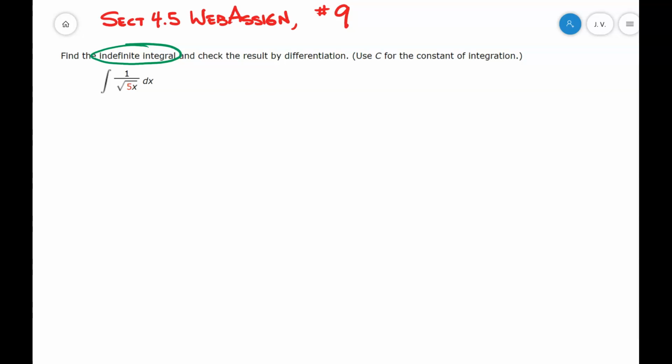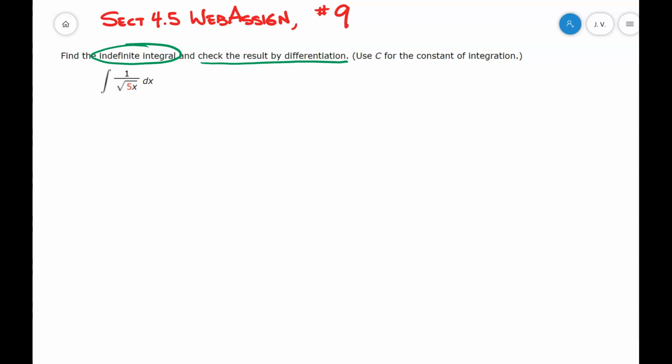My guess is that most of you are not going to do this because you're just going to enter the answer into WebAssign and see if you get the red X or the green check. Just know that you can check an antiderivative by taking its derivative and see if you get the original integrand. Okay, so let's go ahead and take a look